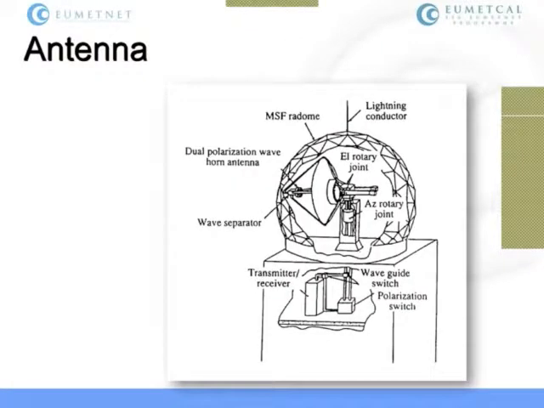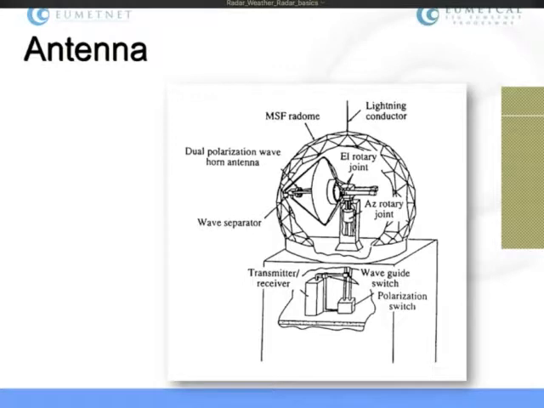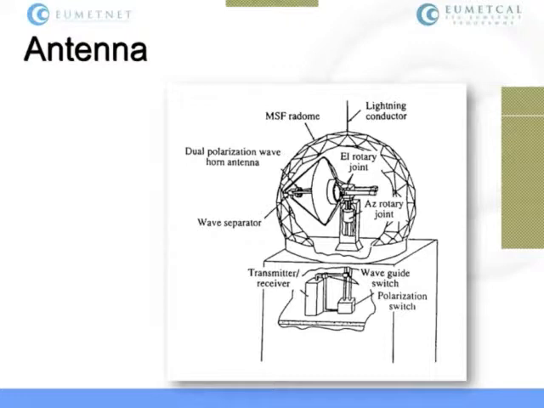When we are talking about the antenna, we should consider more than just the parabolic reflector that is used to focus the electromagnetic energy into the atmosphere. What you can see here in this picture is actually the whole ensemble of the antenna, which is also composed of the pedestal, the radome, and some part of the waveguide, the rotary joints, and everything. So actually, all this part of the system is called the antenna.